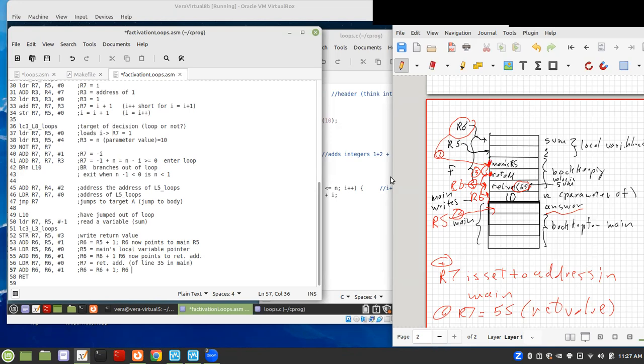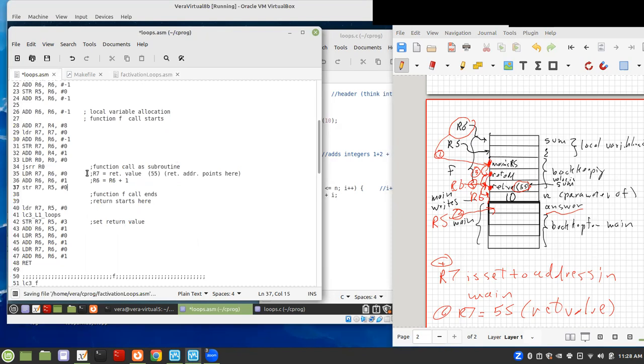No, this is the first one. R5, R5 plus 1 is up here. This one sets it to the return address. This one sets it to the return value, okay? Then we've got R5 plus 1, we've got R6 set, yes, I was right before, R6 to return value, okay? Then here we've returned and we've added 1 to R6, so that R6 equals,